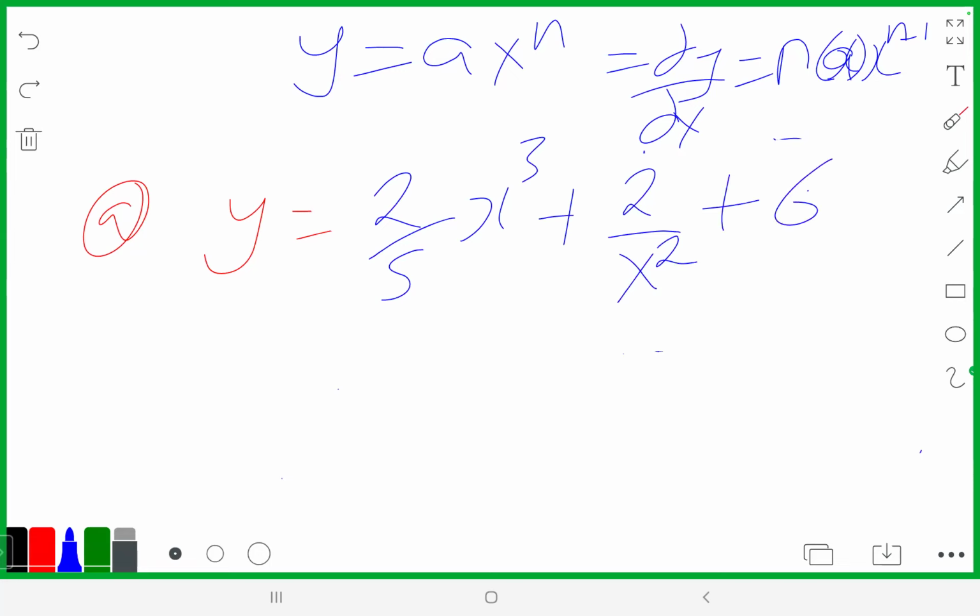This one is becoming more interesting, yeah? I've seen this one. Yes. Okay. So how do you go about this one? The first thing that we need to do is to rewrite this function. You have 2 over 5 x raised to the degree 3 plus 2. Now, if you